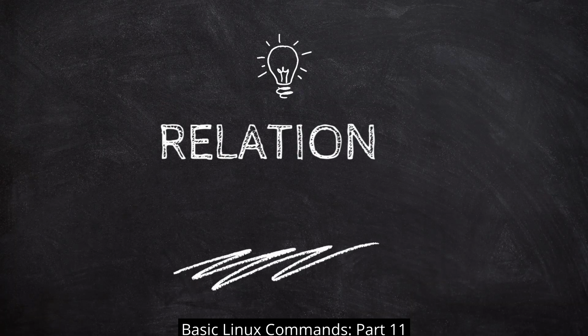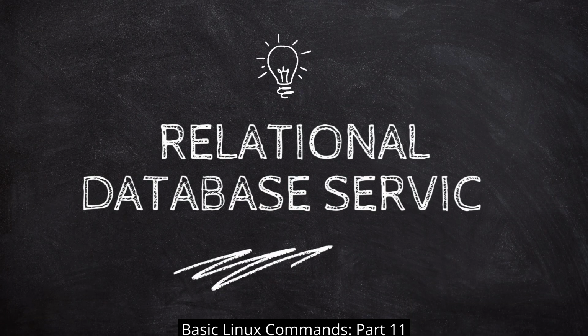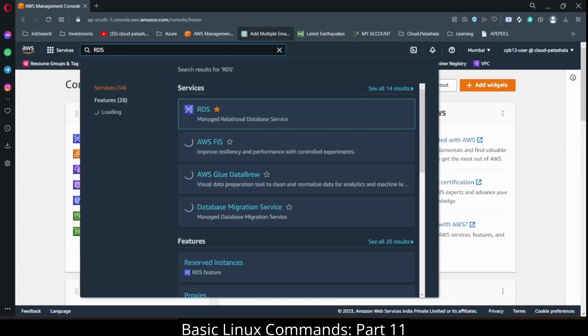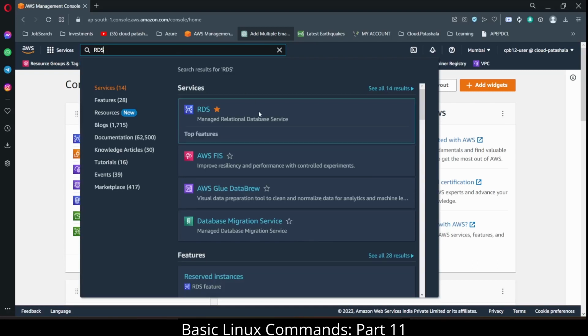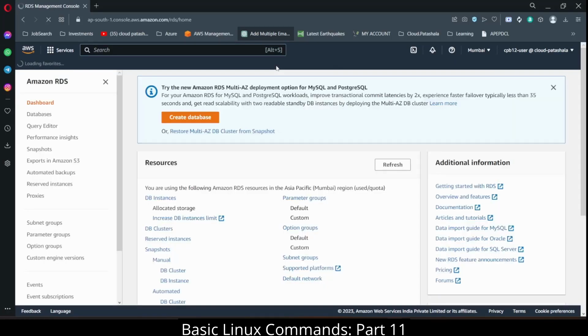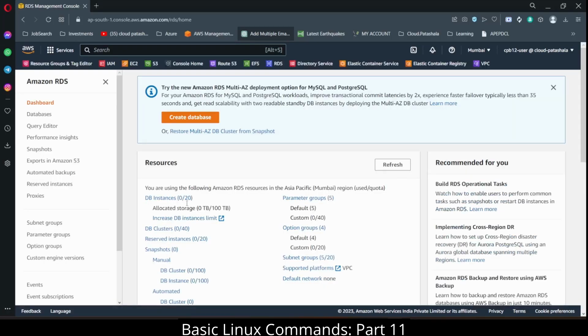Today in this video, we will be looking at how we can create a Postgres database on the AWS cloud. So let's try to log in to the AWS console. I would search for the term RDS, which also stands for Relational Database Service, and go into it. So I am currently in the Mumbai region, and as you see that I don't have any databases running at